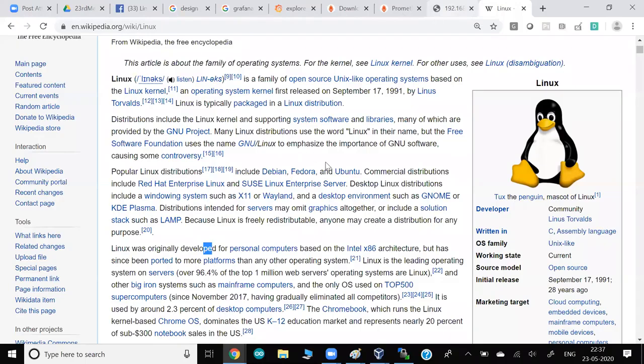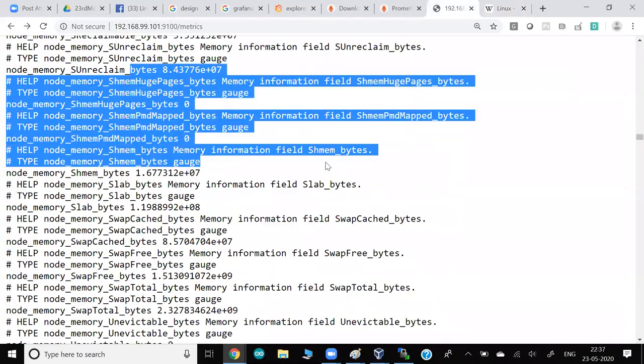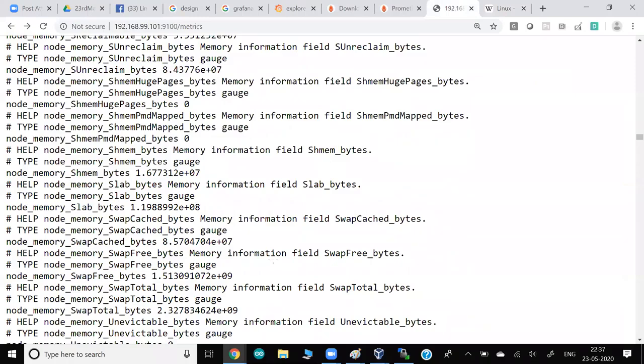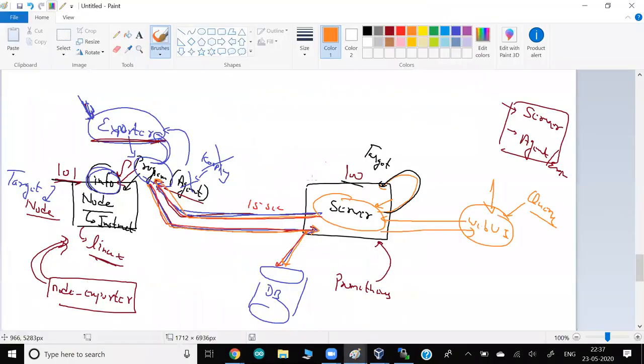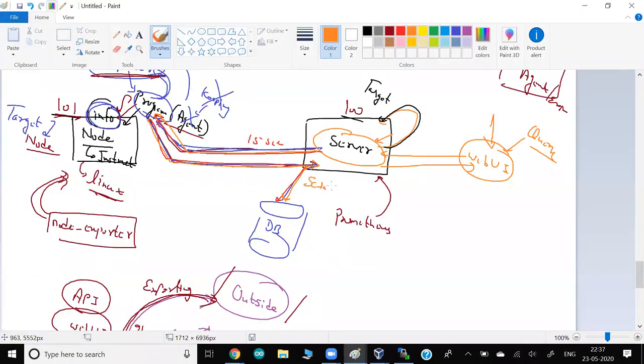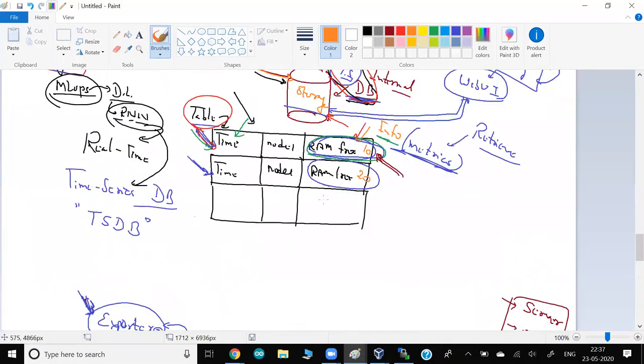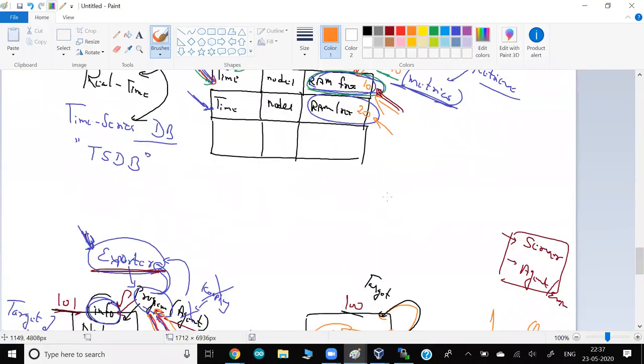This complete information my node is giving to a server. So before the server stores it, it does scraping. And after the scraping, it stores it. So finally, after scraping, you can see this kind of information. That's what they will do for you.